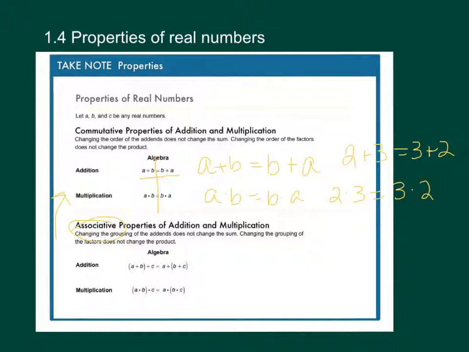Okay, draw lines separating them again. If you notice, what's grouped on the left side is A plus B, but what's grouped on the right side is B plus C. So they're changing what's being added first, but it's all addition, so it doesn't change the answer. Okay, so if we look at it with some numbers,